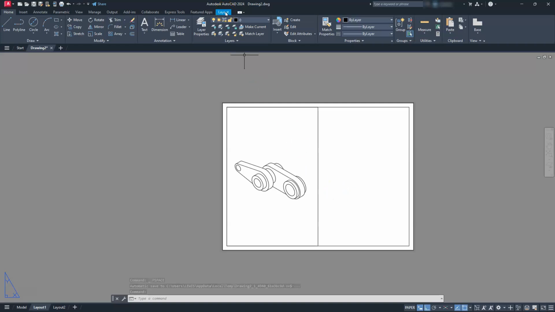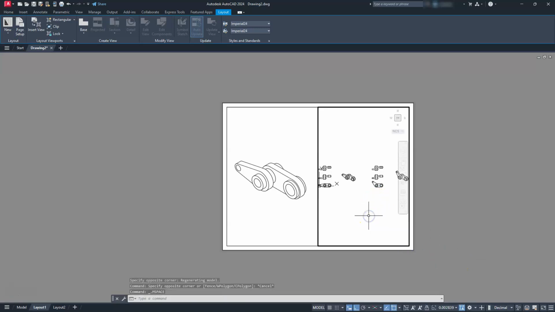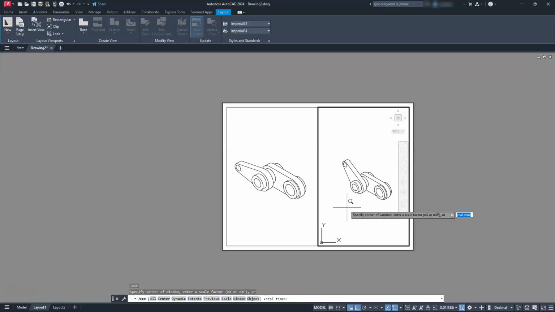Let's jump to layout, and we're going to create another viewport here. The magical thing about viewports is, I'm in the layout one here, all I'm going to do is select rectangular. I'll go from that midpoint here down to this midpoint, and it should bring in my view. I'm going to double click here, scroll over, zoom in, and type in Z enter, that stands for zoom, SC enter,